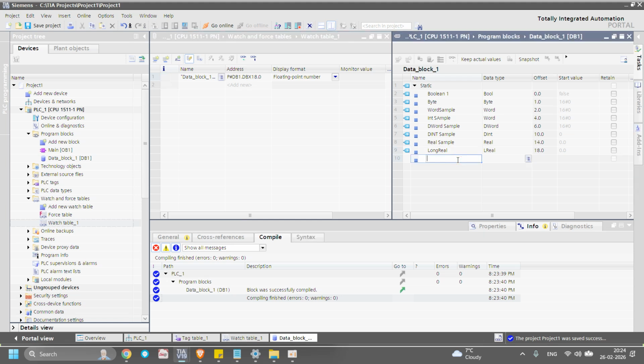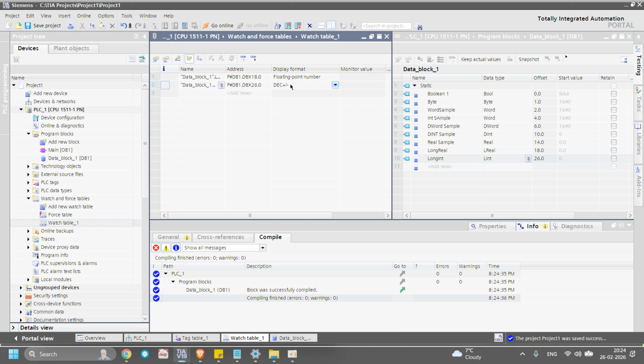Now see, this is decimal. Floating point means it's a decimal.